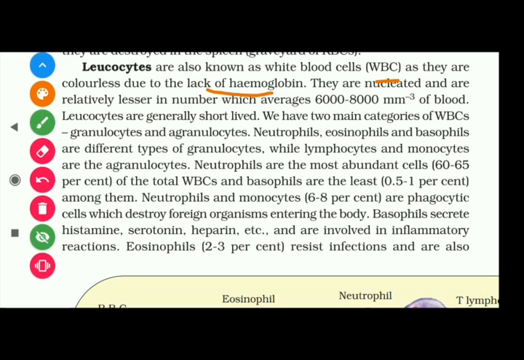But the RBCs are devoid of the nucleus, meaning they lack the nucleus in most mammals. But the leukocytes are nucleated, meaning they contain a nucleus, and are relatively lesser in number, on average 6,000 to 8,000 per cubic millimeter. But the RBCs are 5 to 5.5 million per cubic millimeter, while the WBCs are less in number, ranging from 6,000 to 8,000 per cubic millimeter. Do you all understand? This is the comparison of the RBCs and WBCs, and these are important for the NEET